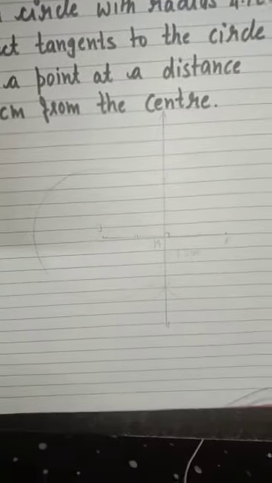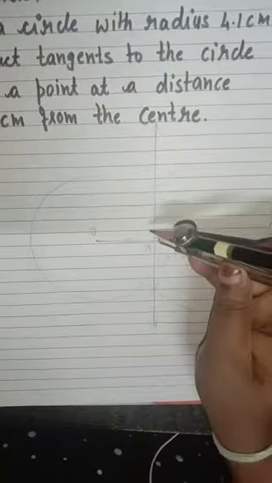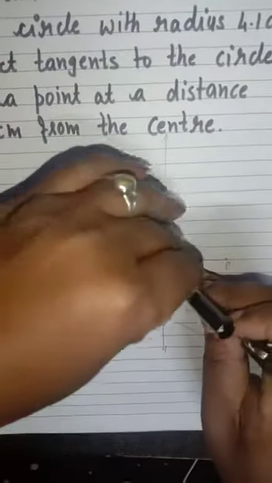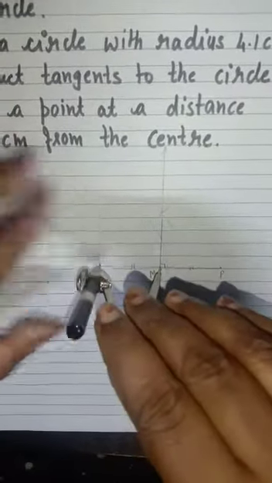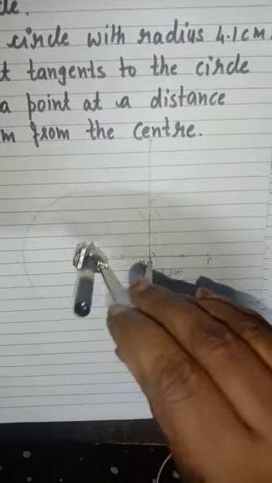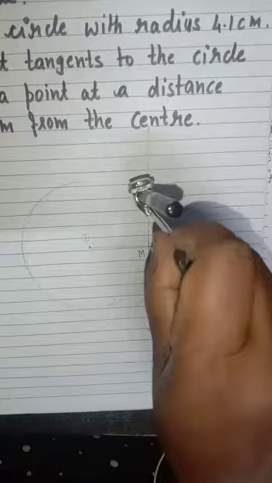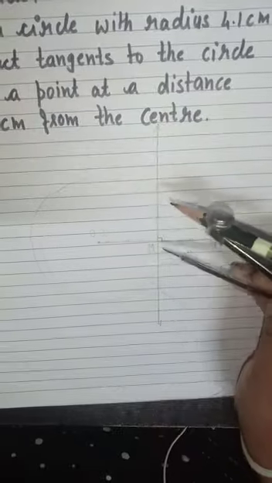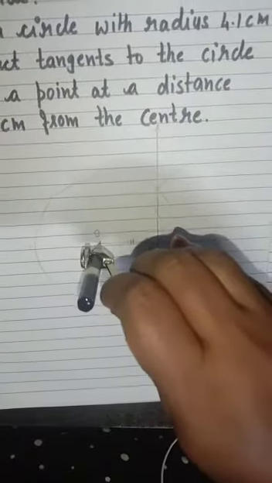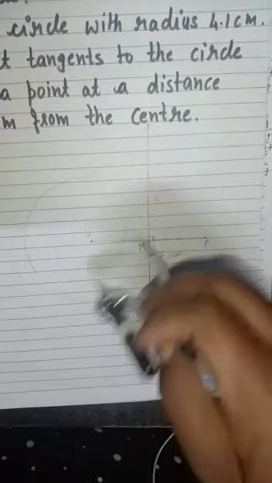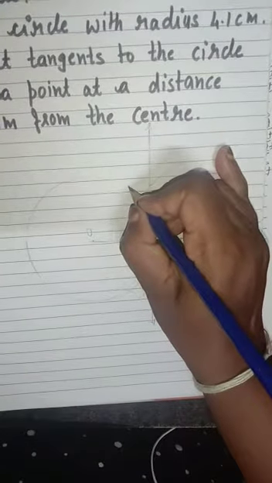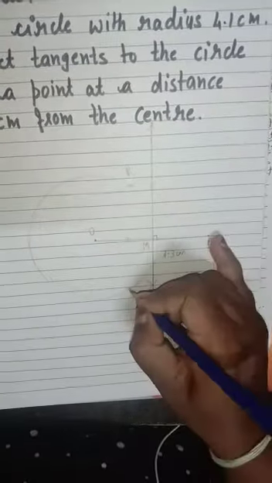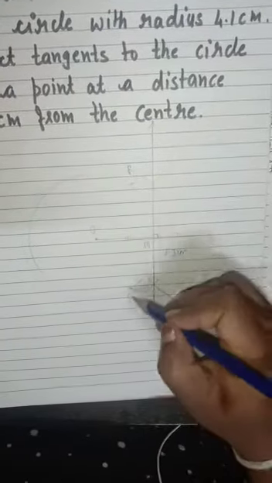After that, what are we going to do? We will take the distance equal to the point M, where the perpendicular bisector meets OP, and the center O. With this distance you are going to draw arcs on the circle. So these are the two points. I'll give the name R to this one and S to the other.